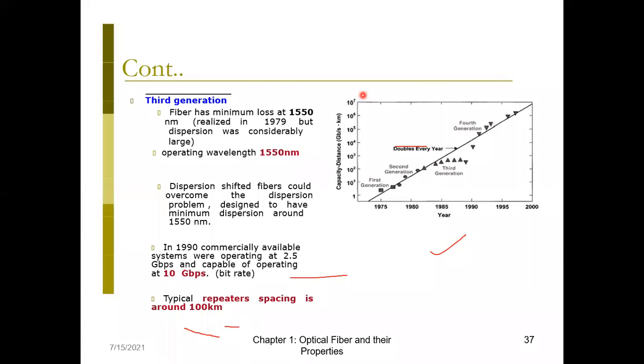Right now, up to the third generation, we are not talking about any extra component. We had a repeater, we had a source, we had detectors, and we had seen that the lasers got improved from two alloys to four alloys, quaternary alloy. Quaternary means four alloy combinations were there. So LED actually was not used. They started the research with LED, but LED was never used in actual fiber optic communication.